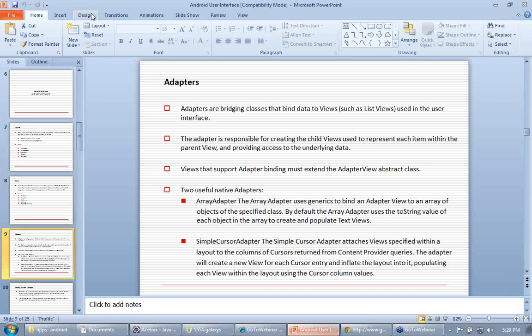We have two useful native adapters. Array adapter: the array adapter uses generics to bind an adapter view to an array of objects of the specified class. By default, the array adapter uses the toString value of each object in the array to create and populate text views. We have one more adapter called simple cursor adapter that attaches views specified within a layout to a column of cursors